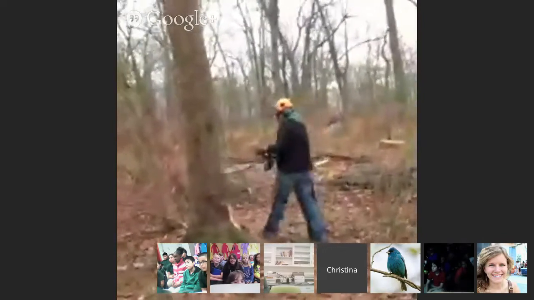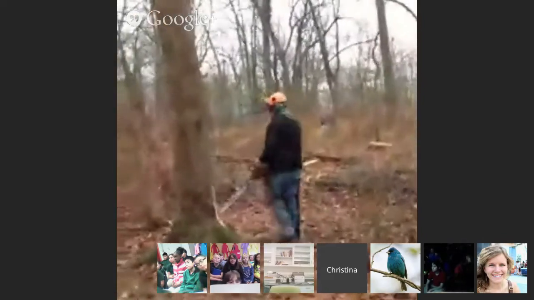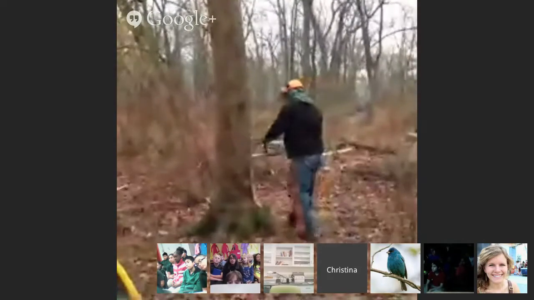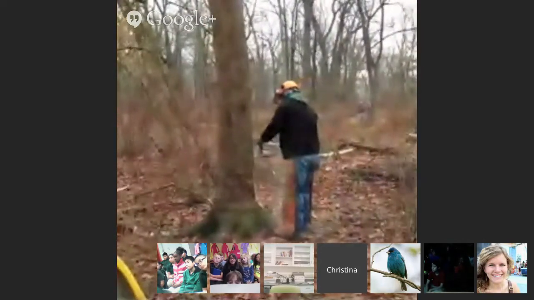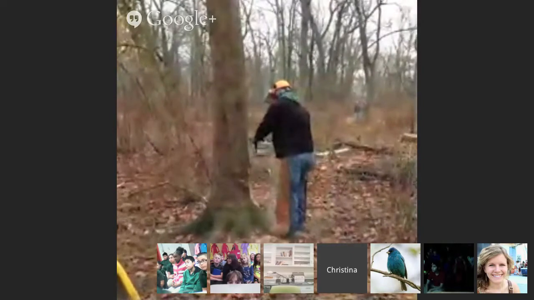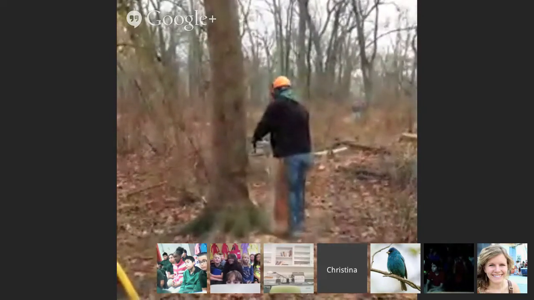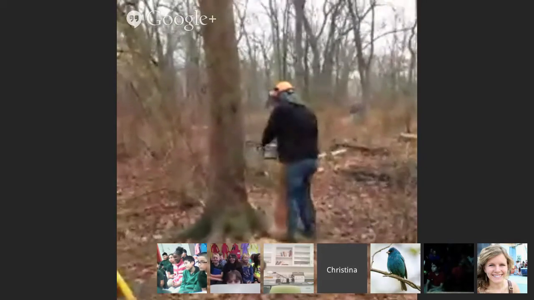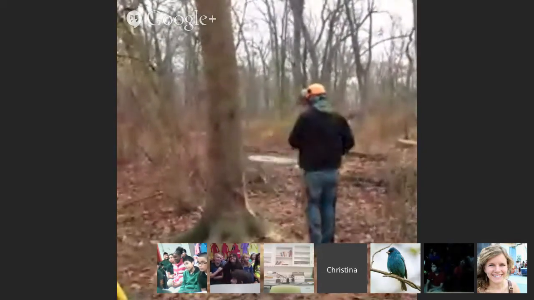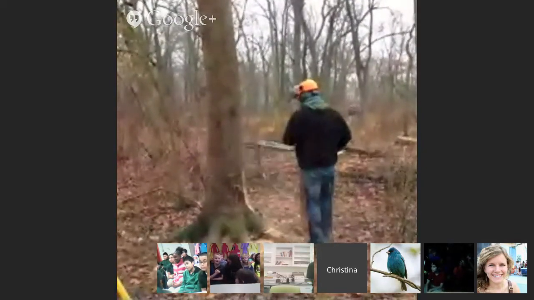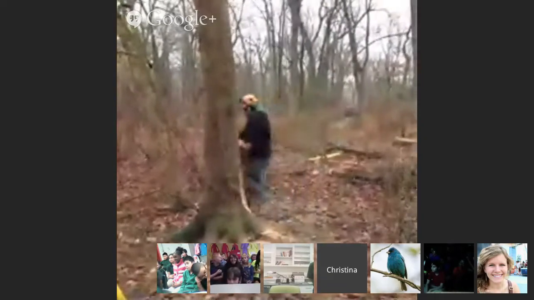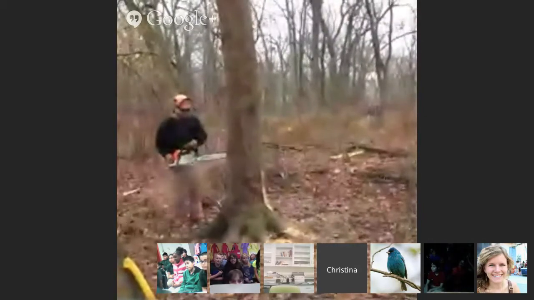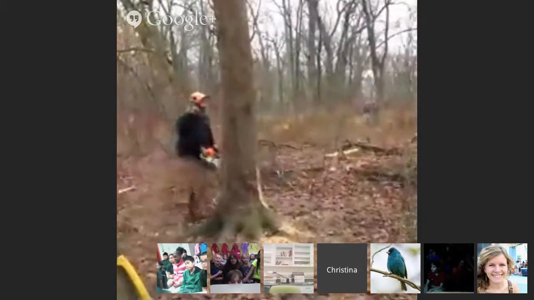Are you able to hear me? I can tell you what he's doing here. He's going to make a front cut. And that cut will be permanent. And then he's going to make a wedge. He's going to wedge out of the tree there. And it's faced away from us. Sorry, you can't see your wedge. We don't want it to fall towards